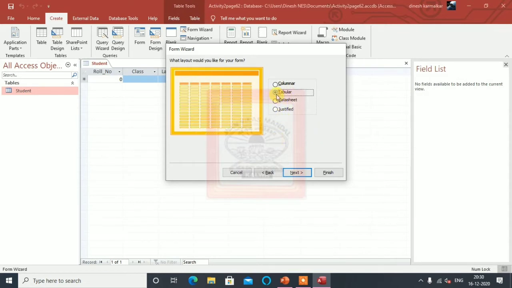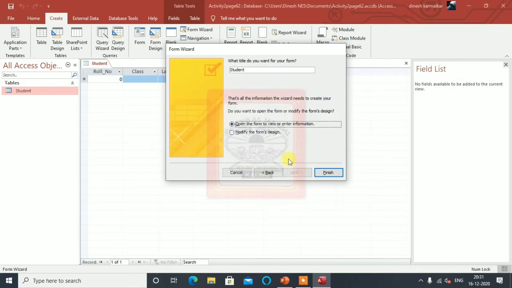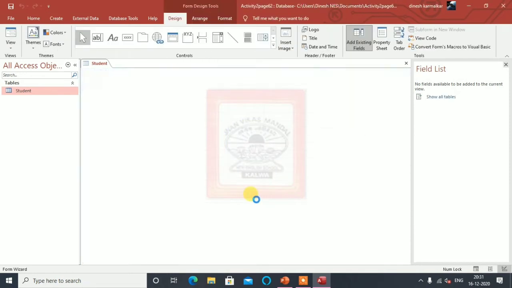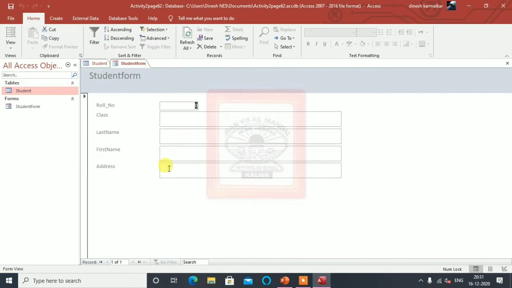You can have this in tabular form or columnar form, column wise. Its name I will give as student. Here I will write student form. Then I will click finish. Okay, so this form I am getting here.